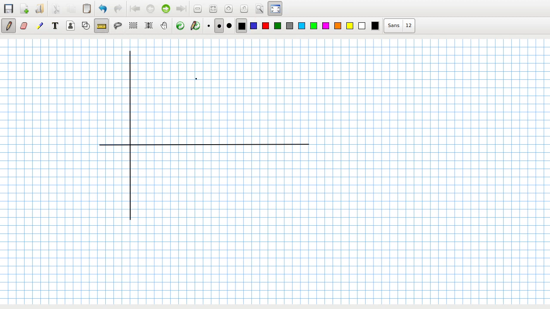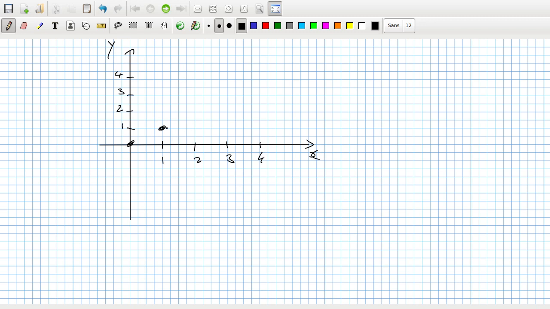So let's just go 1, 2, 3, 4. Off we go. And then on the y-axis, 1, 2, 3, 4. So root 0 is 0, root 1 is 1, root